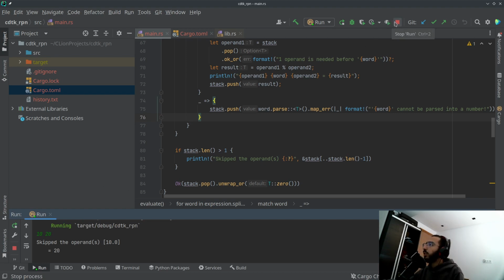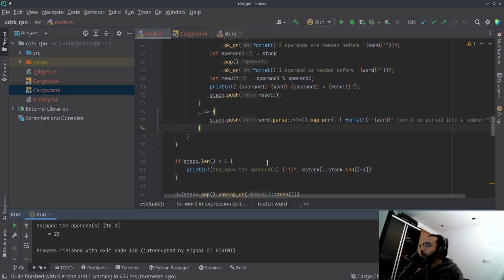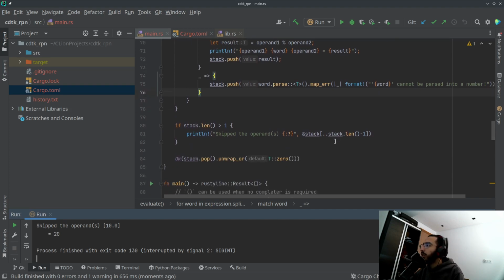So the other thing that I would like to do is to color it yellow. It's like a warning. I don't know, but is that possible though? Hold on. Skipped the operands. The yellow. How do I do that? Well, it sucks that I gotta. Oh my god. So, all right. At the end of the day, I gotta do it. It's gonna suck, but